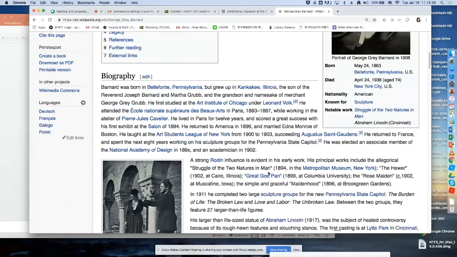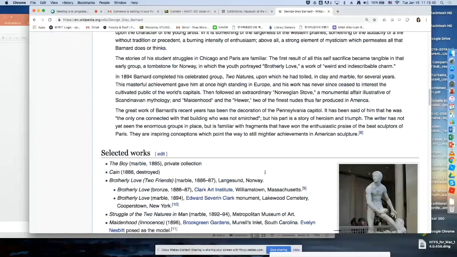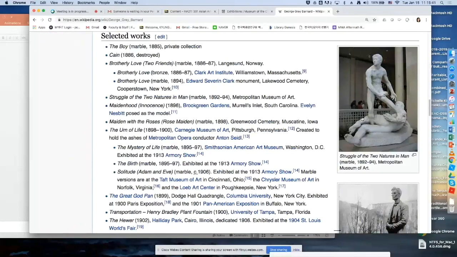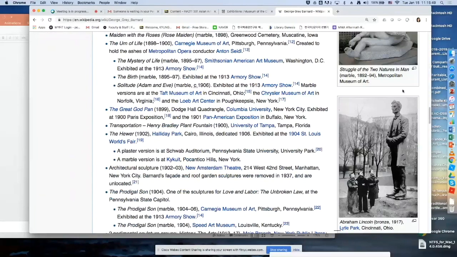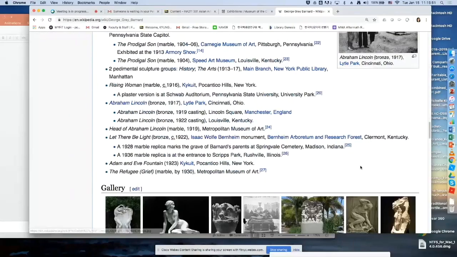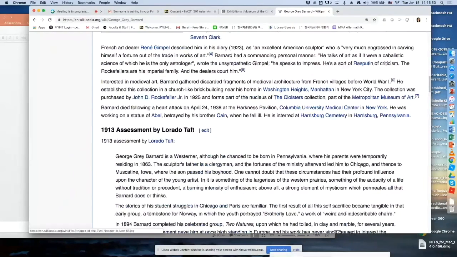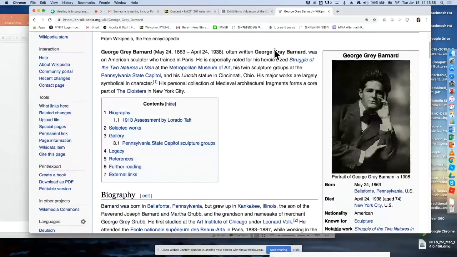But he is known for this one at the Met. Actually, you can see it in a beautiful Tiffany window, Struggle of the Two Natures in Man, and then the famous sculpture of Abraham Lincoln. But the way I know him is when I studied collectors of medieval art, George Gray Barnard sent numerous letters to